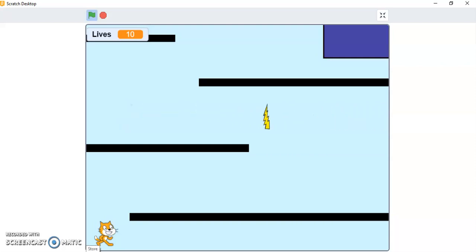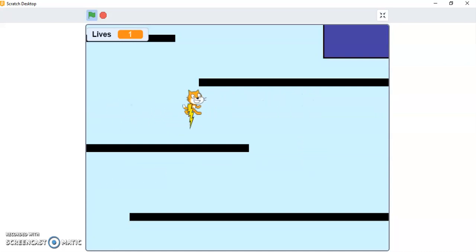Let's add some more complexity to our maze game. Over here you must have seen in level 1 I have created small border lines so that it can sense them properly. If you draw the lines over there, maybe it is not able to sense the color. So instead of that you can create small thin rectangles over there. Then you can see that there is one more sprite that is added by me, and if this cat is touching the sprite, then you can see the lives has decreased. So we can add this complexity to our maze game.